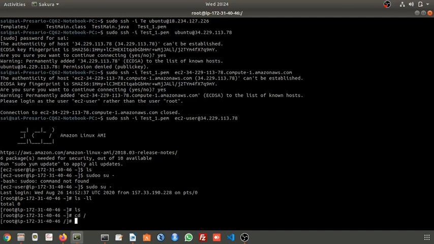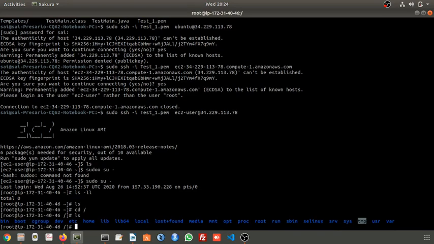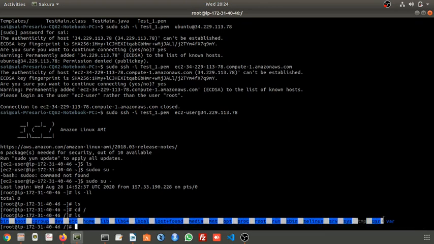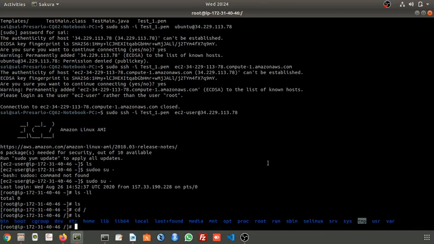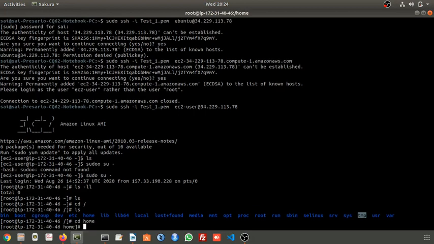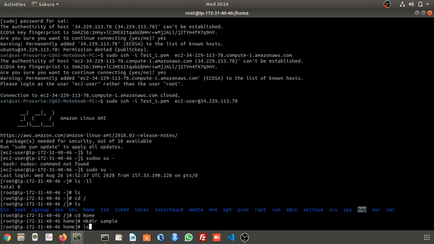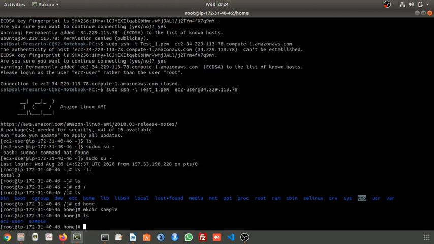If you want to create any directory, I'm going to this home directory. If you want to create one, you can do it directly here. You can use mkdir, say I will create my sample folder. You can see with ls that sample is created. If you want to create any normal file, say cat. If you want to run any C program, say cat greater than, I'll write hello.c.